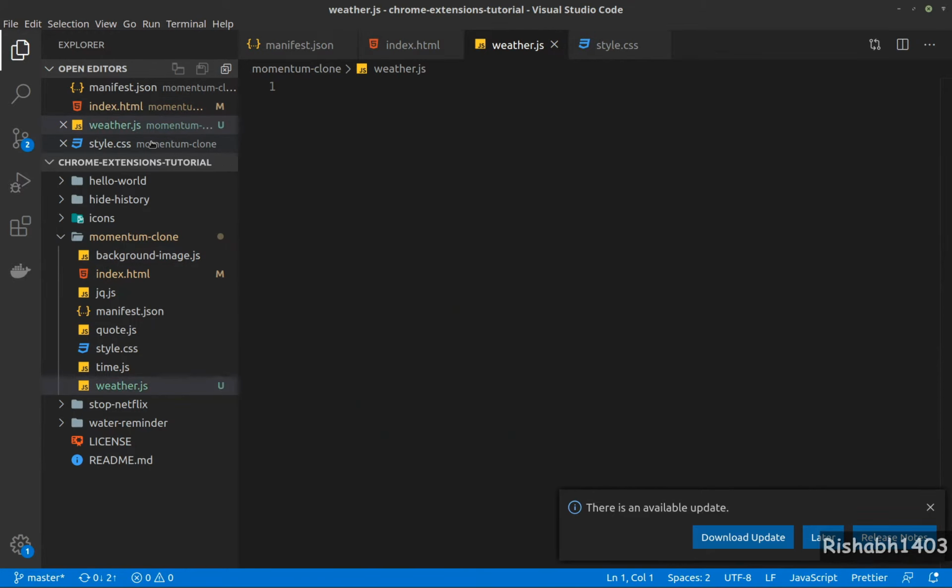Okay, so first let's start with our IIFE, so that we don't pollute the global namespace. Here's the logic. We'll check if browser supports location.